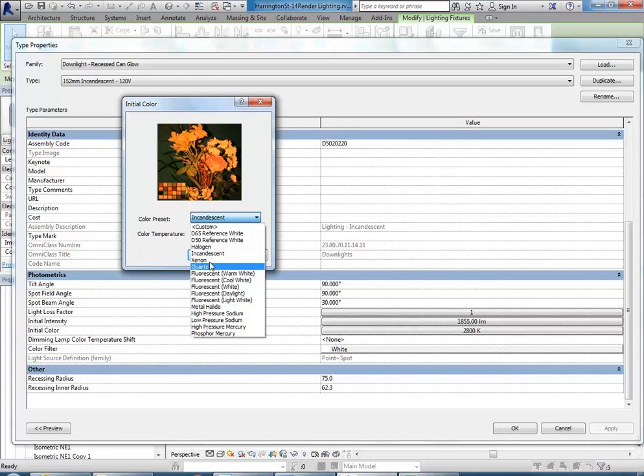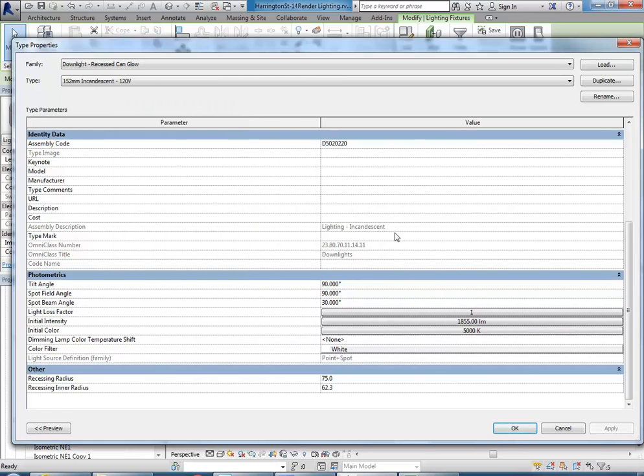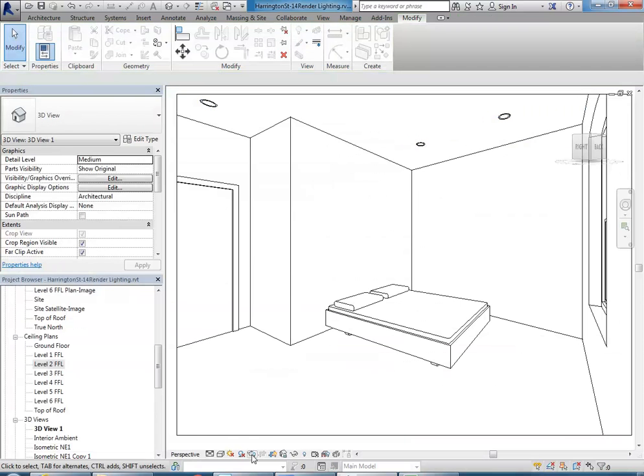they don't actually have an LED preset, but you've got these D50 and D65 which give you a good starting point. So that's 5000K, and then D65 6500K. That may be a little bit too cool. I don't mind that one, I use that quite a bit, but then for this I'd say D50. It's got a neutral, maybe a little bit on the warm side, but basically neutral. So all I've done there is change the colour, left everything else as it was, and now if I go back to render,